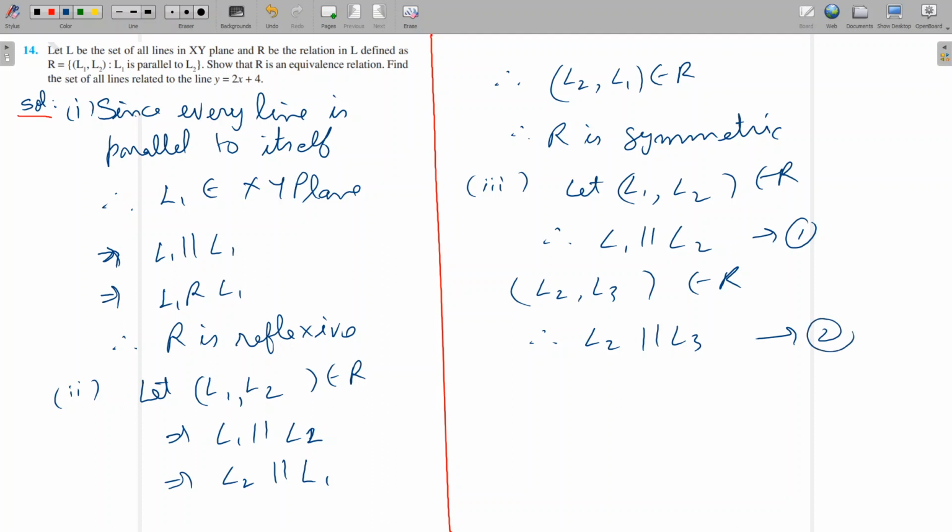And we know that if we see in the first and second, L2 is parallel to L1 and L2 is parallel to L3, and we know that if two lines are parallel to the same line, they are parallel to each other. Therefore from 1 and 2,